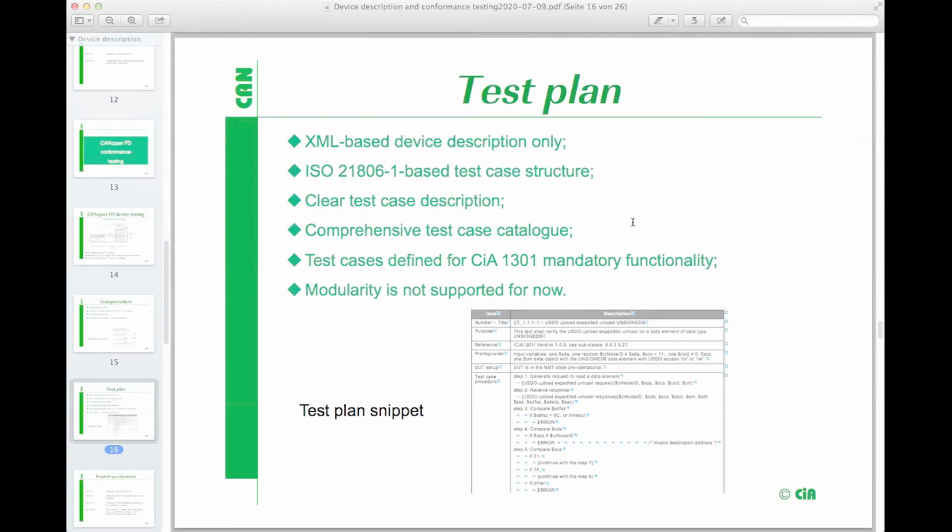We also have an XML-based device description, which we have to test within a test plan, and the parameters which we test will also be XML-based. So far, so good, no problem writing the parser for this. But of course, we wanted to make the structure of the test case and the test plan more standardized, and that is why